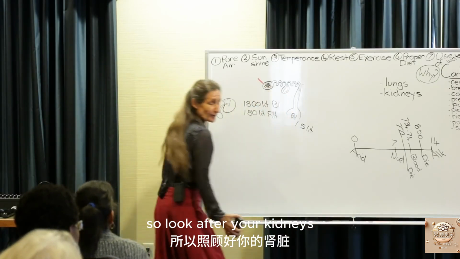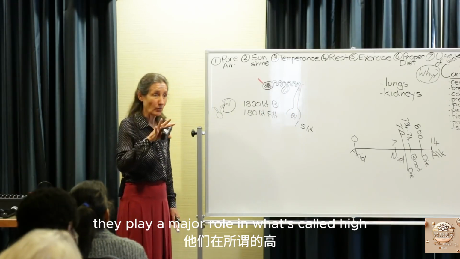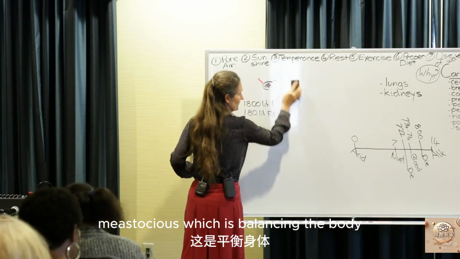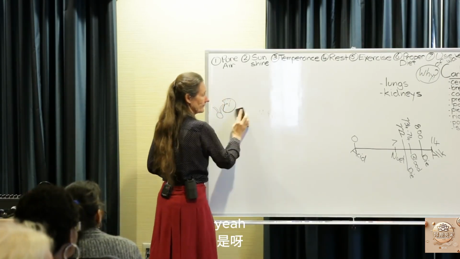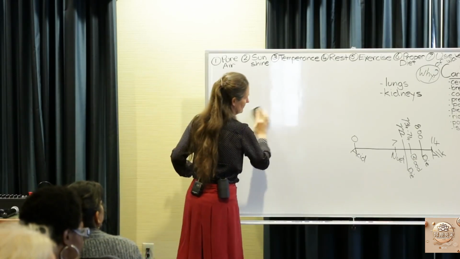So look after your kidneys. They not only filter your blood, they play a major role in what's called homeostasis, which is balancing the body. So, yeah? So what happens if you're seeing blood in your